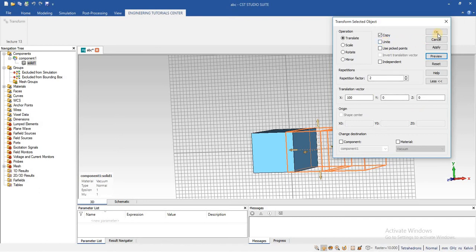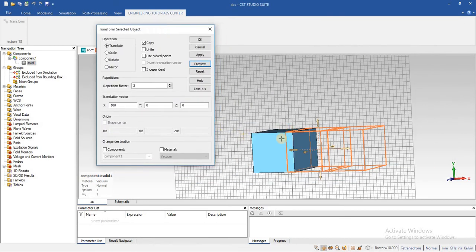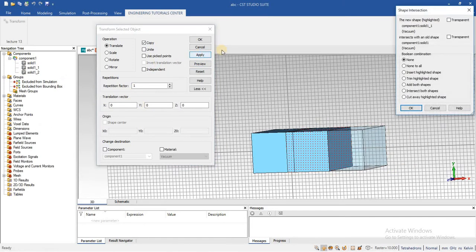And finally, you can see that the original object is at the same position, but the copies of that object, two copies because the factor is 2, are moving along the x-axis with a distance of 100 mm. Just press apply.